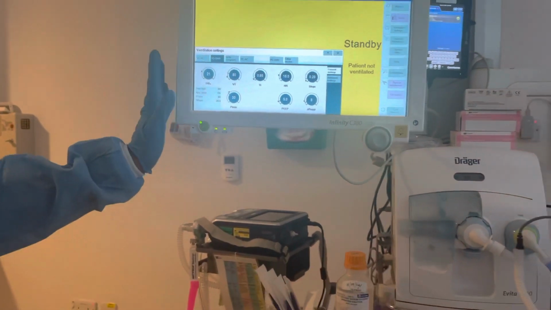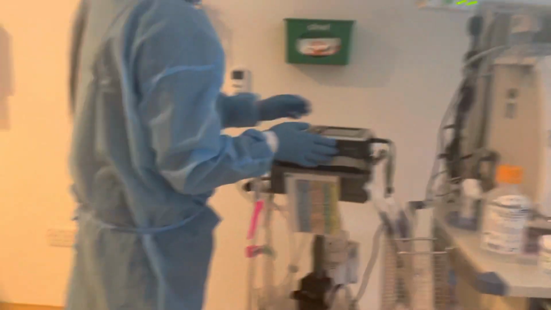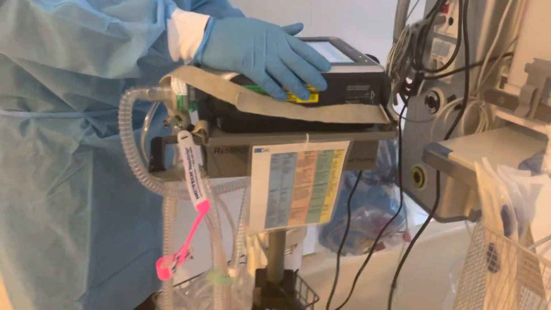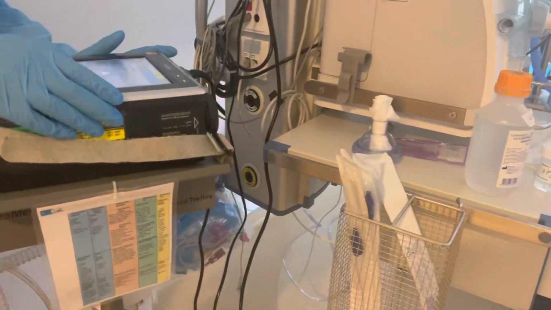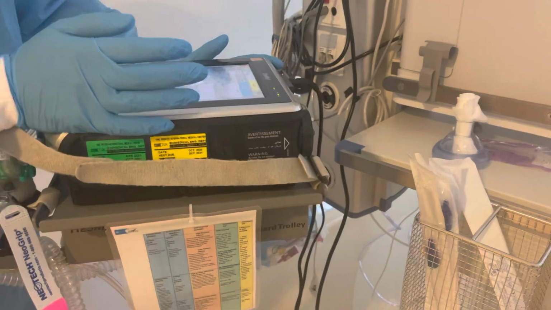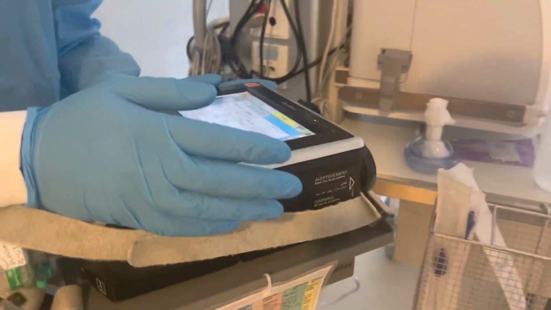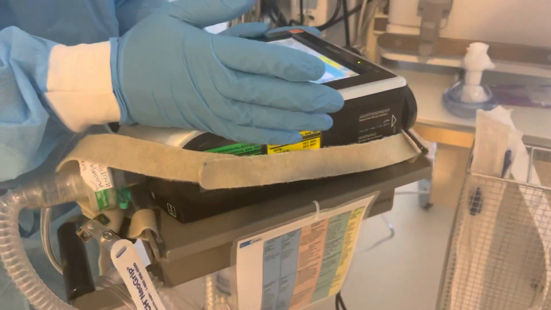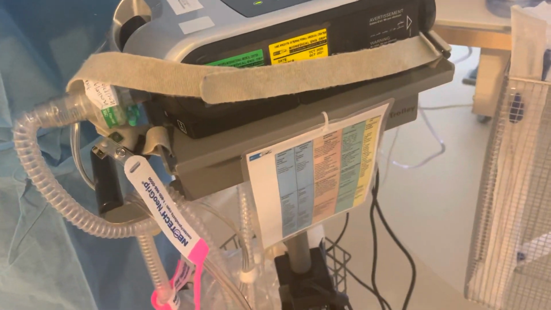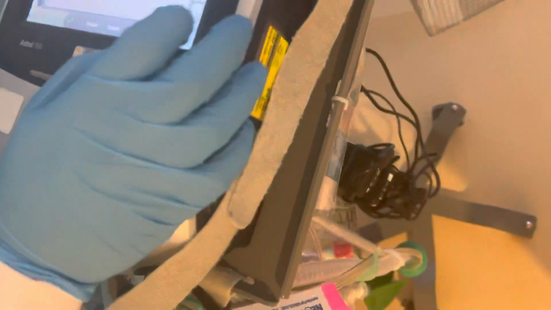So this is our ventilator, but this is the only one I can get for you. I don't know whether you will get this ventilator also. Yeah, this may be your home ventilator if the insurance company approves. This one is the Westmed Astral. If you get the same ventilator, then you can see.